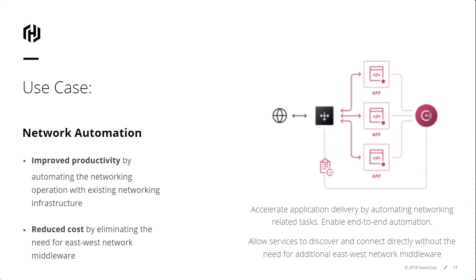It supports multiple use cases, like service discovery, service mesh, multi-platform service mesh. Today, though, we're specifically talking about service discovery and using that as an event trigger whenever that state is updated or changed, to impact the networking infrastructure in front of it. So that is what we mean at HashiCorp when we talk about network infrastructure automation.